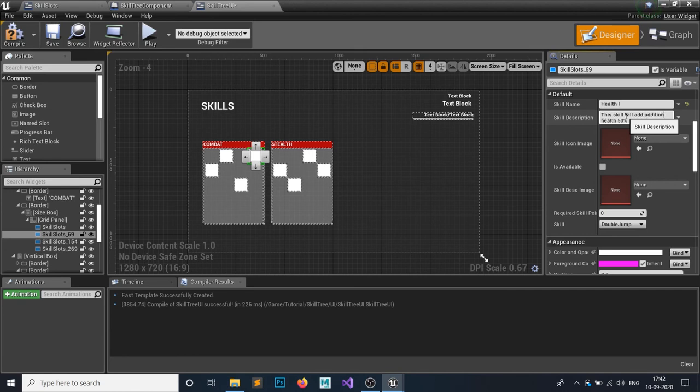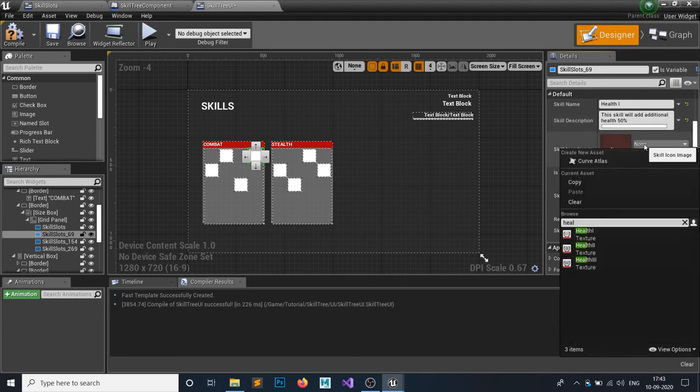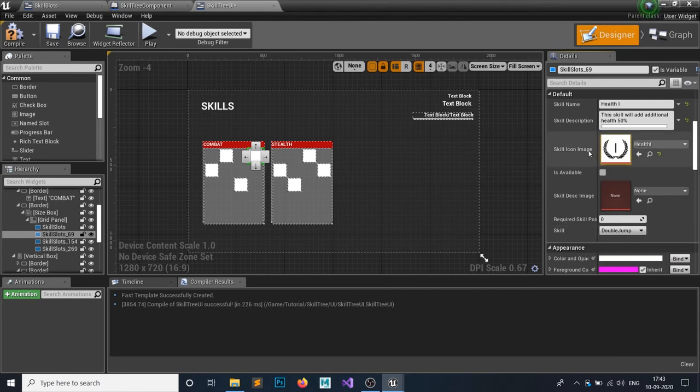So additional health, yep. And the skill icon would be this. It is available or not, it's up to you. Let's say we need 1 skill point too, and make sure you set it to your health 1. You can see we have only this 2.